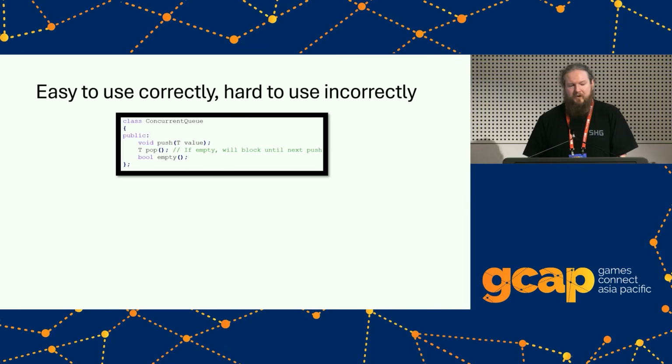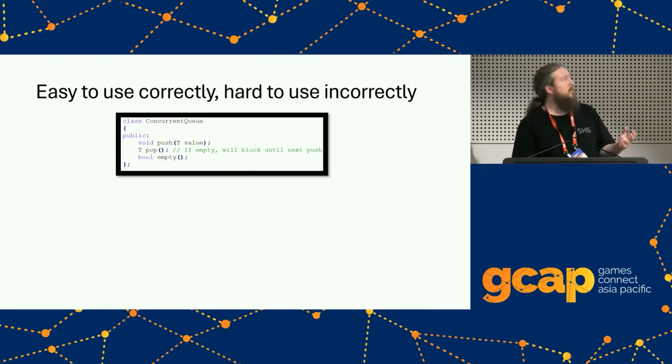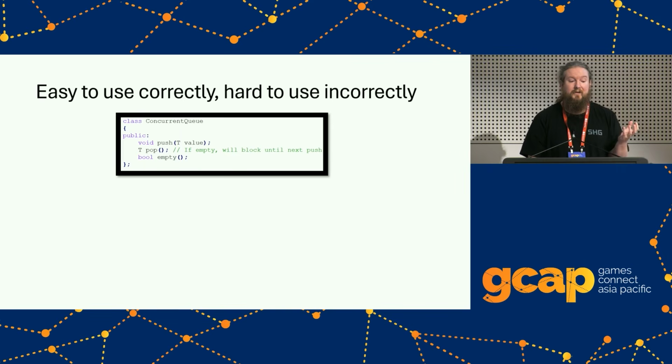And then a little bit more complex example is I've got a concurrent queue here where I've got a push function where I can push items into that queue. Another one where I can pop items off that queue. And if I go to pop items and the queue is empty, then it'll block until there's another item added. And then I've got another thing there where I can check whether that list is empty. So it's just a Boolean that returns whether it's empty or not. This interface to me is very easy to use incorrectly. Can anyone spot why this might be hard to use? Can anyone spot the issue?